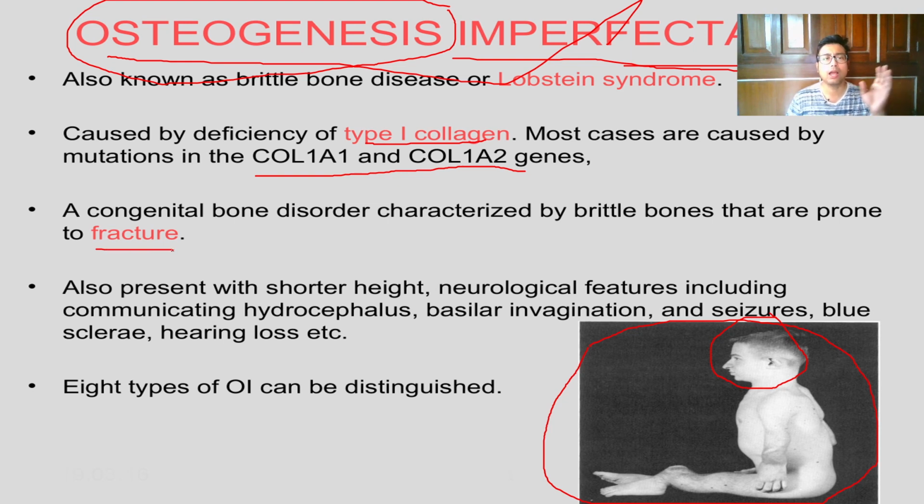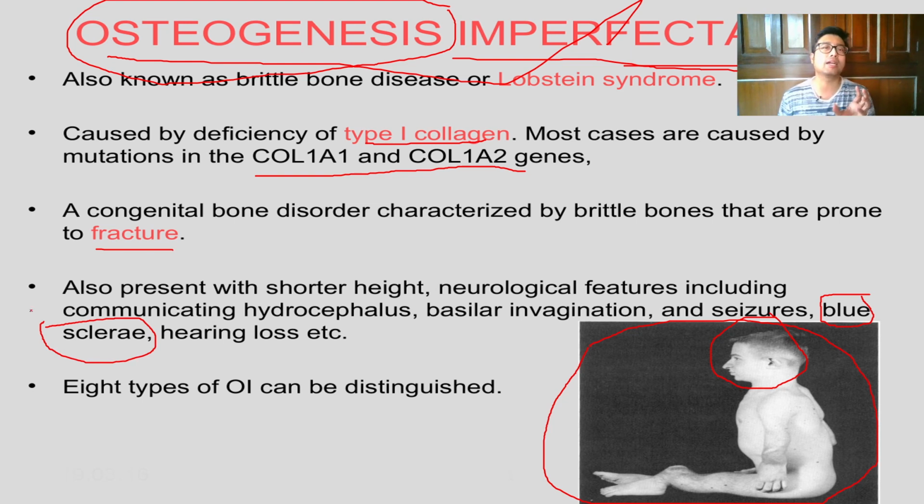Now apart from that, you don't need to remember all of these features, but one feature you must remember, that will come in physiology, and also in third year in ophthalmology, is this one: blue sclera. Very, very, very important. You will be asked the causes of blue sclera. Over there will be connective tissue disorders: Marfan syndrome, Ehlers-Danlos syndrome, osteogenesis imperfecta. These are all causes of blue sclera.